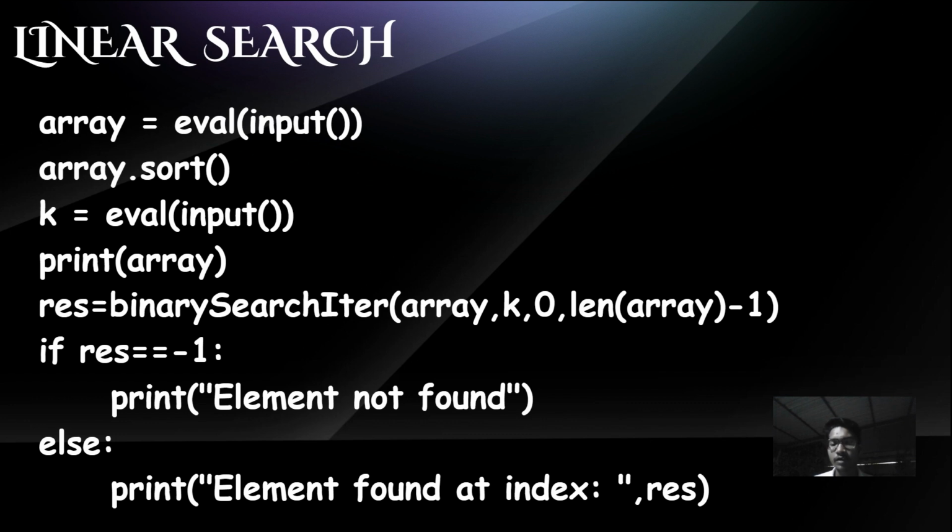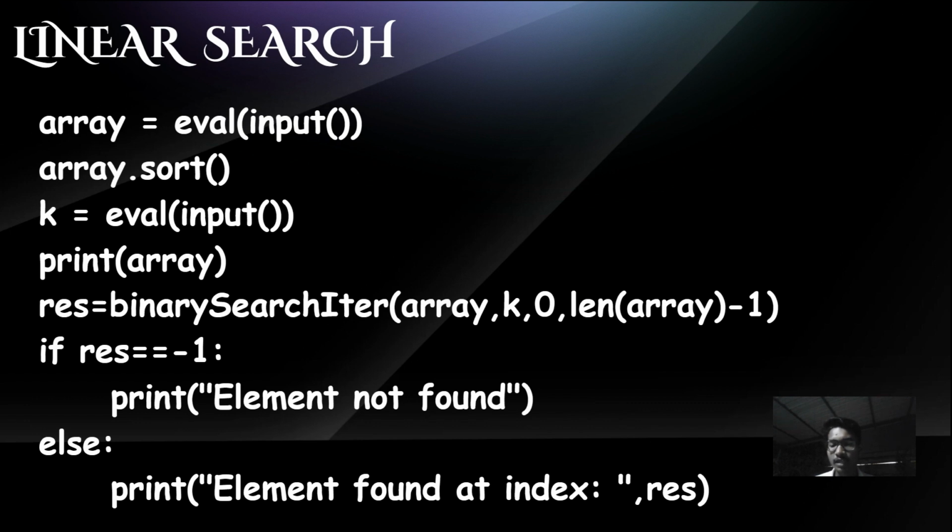The linear search function takes two inputs: array, representing the list to search within, and k, the target element to find. Inside the function, a loop iterates through each element of the list one by one. For each element, it checks if it matches the target element k. If a match is found, the function returns the index of the element in the list. If no match is found after iterating through the entire list, the function returns -1